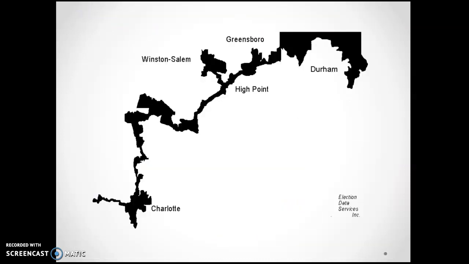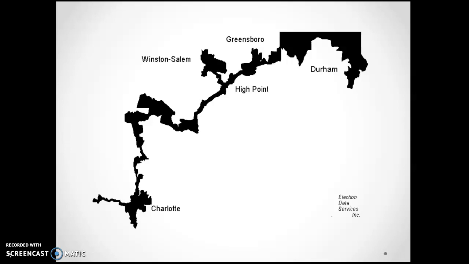This is the most extreme example of this election district. This is the 12th congressional district in North Carolina. As I already said, African Americans have large majority populations in North Carolina's cities. Charlotte, Winston-Salem, High Point, Greensboro, and Durham are majority African American cities. And so the Republicans found a way to draw the boundary so that they could link all of these